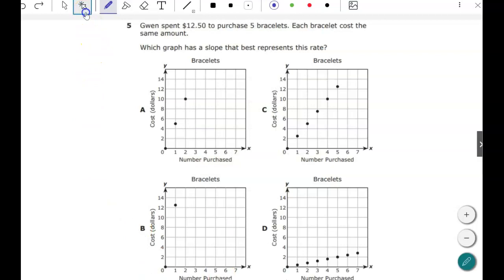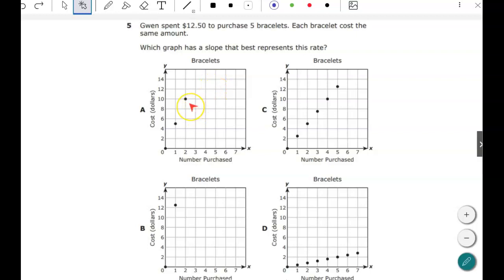Next, all right, so we've got some more scatter plots. It says Gwen spent $12.50 to purchase 5 bracelets. Each bracelet costs the same amount. Which graph has a slope that best represents this rate? Okay, so this is the number purchased, this is the cost. So 5 bracelets, this is